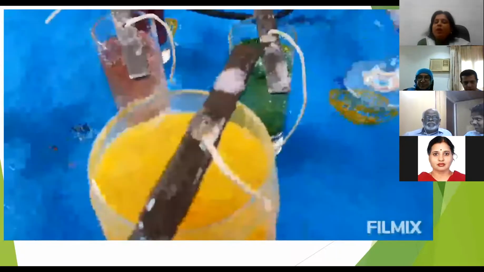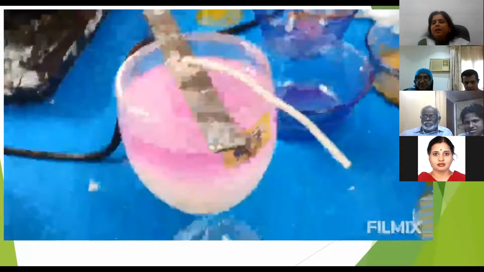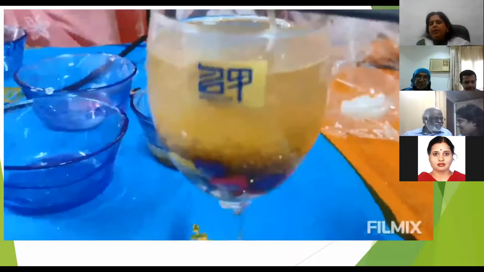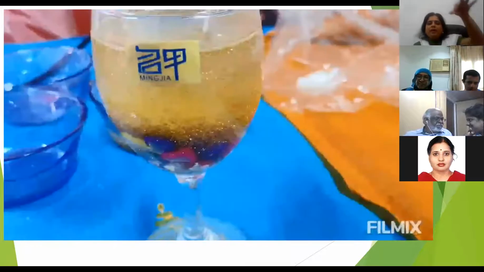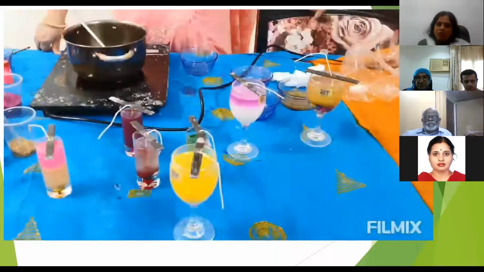So we have to allow it to settle for around 2 or 3 hours until it becomes cold. And then we have to cut the extra wick. And we have to clean even the glasses around. The glasses will have a little bit of gel stuck to them. So we have to clean the glasses also.